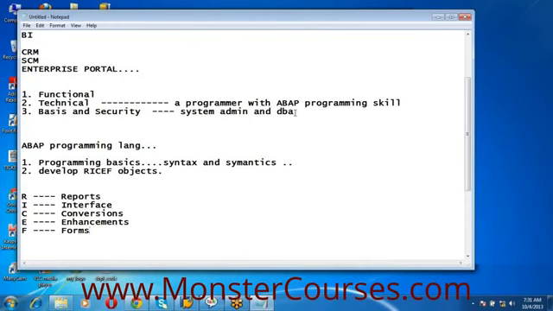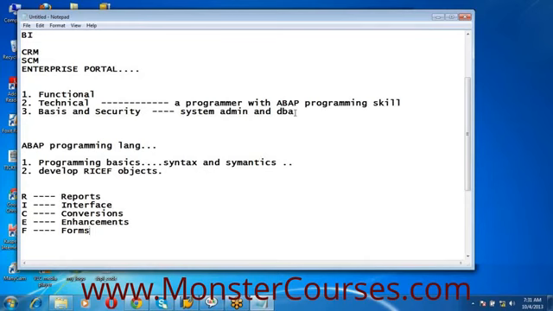Reports. You are developing reports to display the data that is there within the SAP system. Different types of reports are generated to get information about data that is there in the system. Interfaces. Designing and developing applications which will help you to move data in and out of SAP. Whenever you want to send some data outside of SAP, or when you want to read some data into SAP from some external system, you make use of interfaces or interface-based programs.